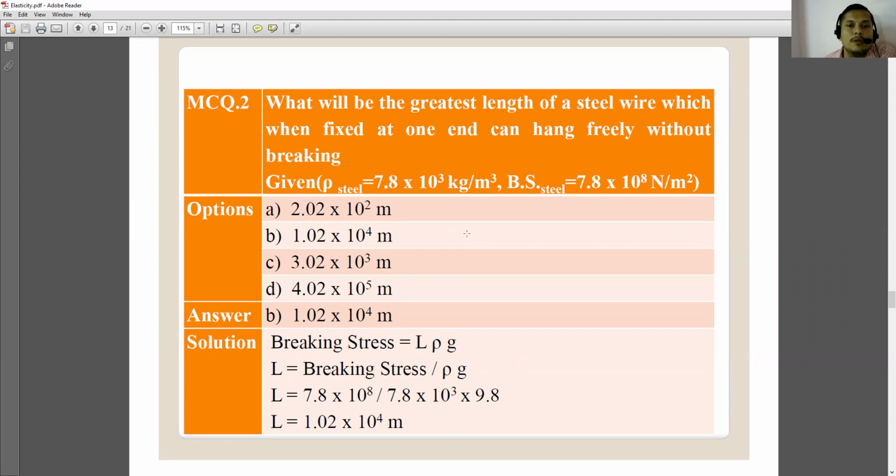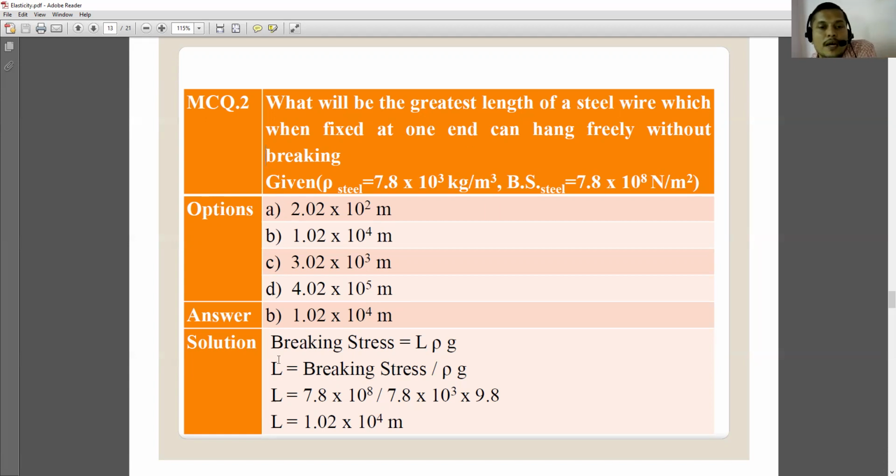Next is, what will be the greatest length of a steel wire which, when fixed at one end, can hang freely without breaking? Given are its density and the breaking stress of the steel, where rho is 7.8 into 10 to 3 kilogram per meter cube and breaking stress is 7.8 into 10 to 8 Newton per meter square. So how can we write it? We have to calculate the greatest length,